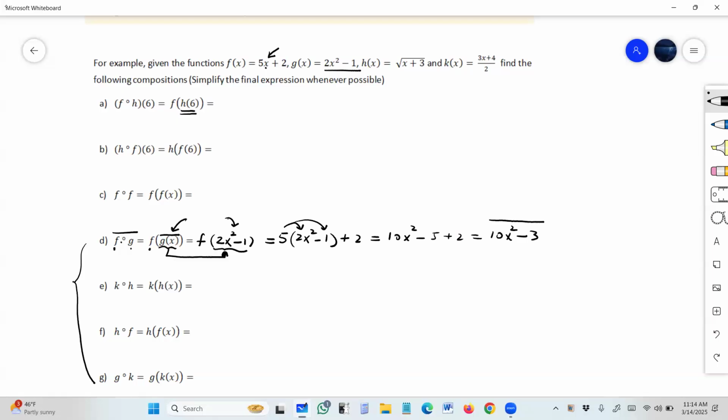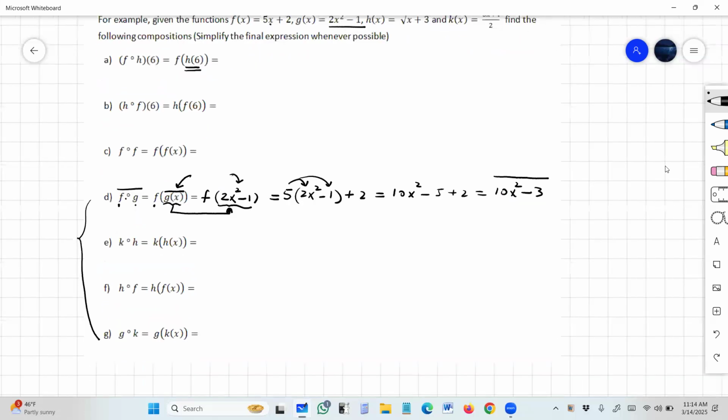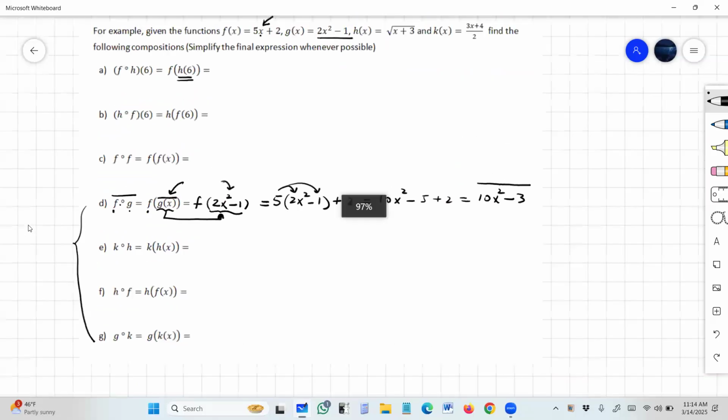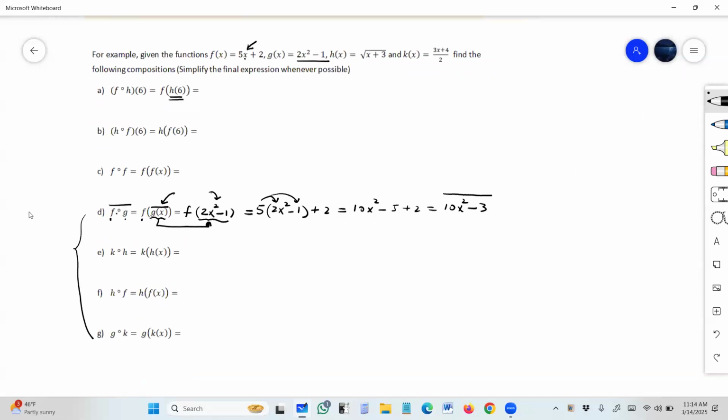Okay. Obviously, notice that g compose f would not be the same value, right? And you can do this in your spare time, but I just want to clarify that it's not the same value. Okay, so let's do the next composition. I have to make this a little bit smaller because otherwise I don't see the function. Let's do the next composition, which is